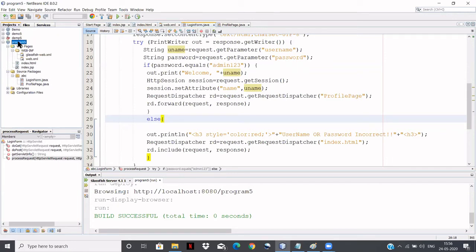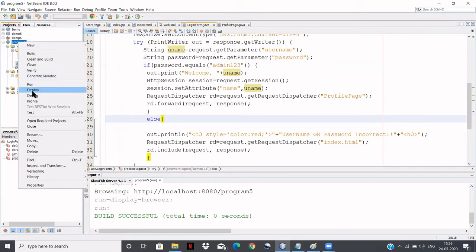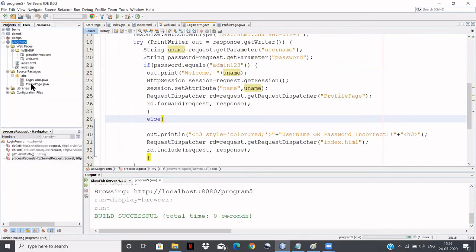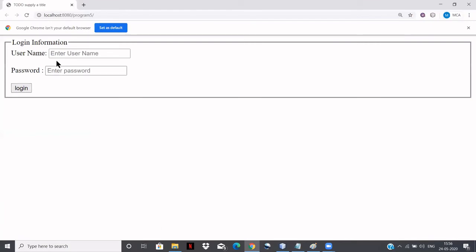I'll run this project. When you run this project, see what happens here. I'm going to enter the username as Kumar. Password I'm going to enter admin123. Then when I click login, no problem. Okay, the session will be created, right?